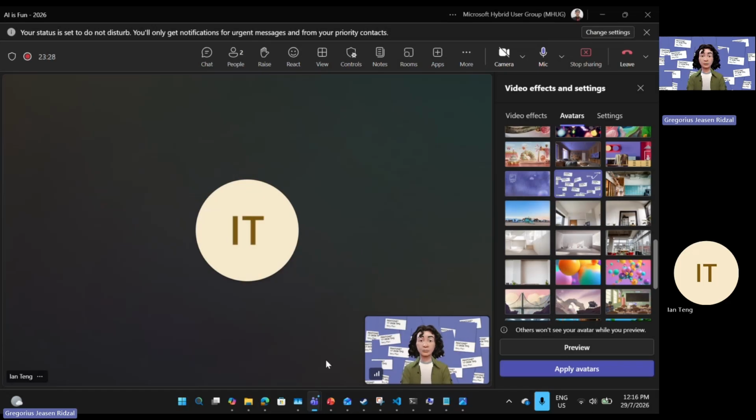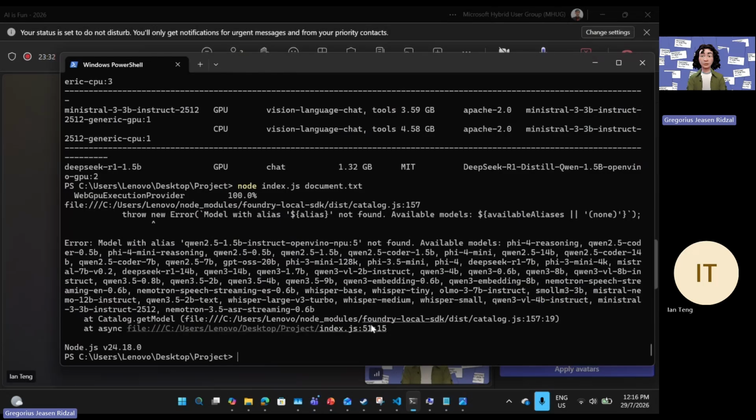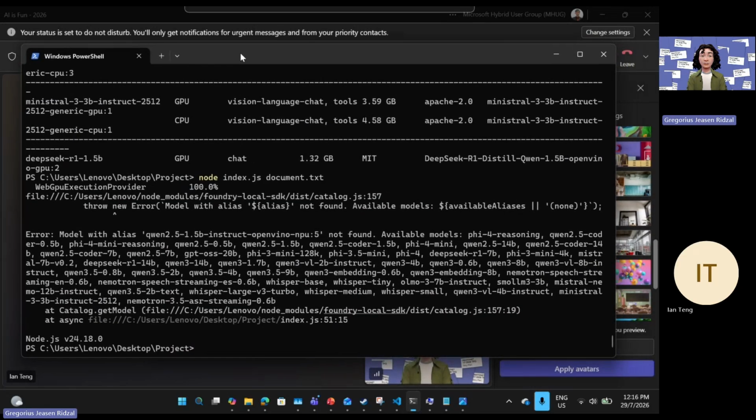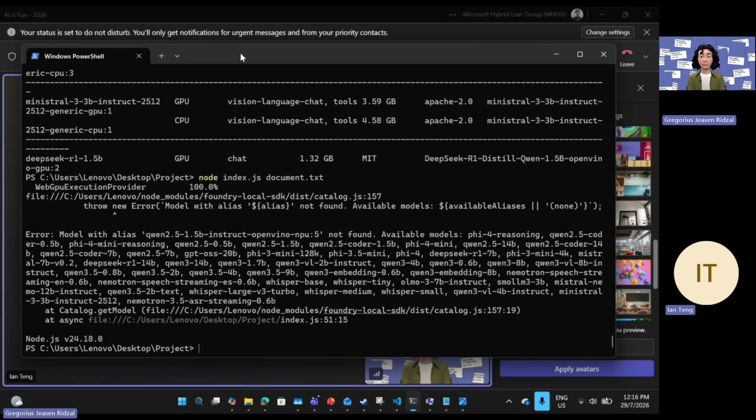So just to show you an example of what that looks like, I've got this thing running. It's called Foundry Local. Let me think if I can remember how to access this. I did say I want to step away from Microsoft productivity things, but this is a Microsoft solution. Foundry Local is a local hosting solution.